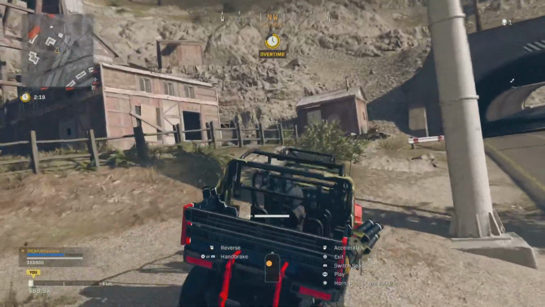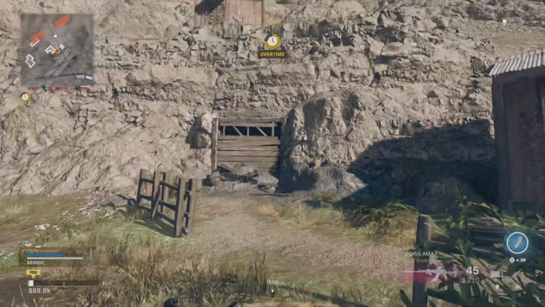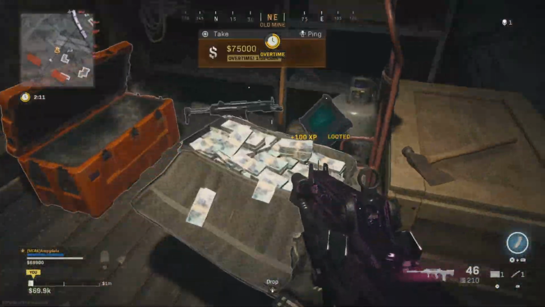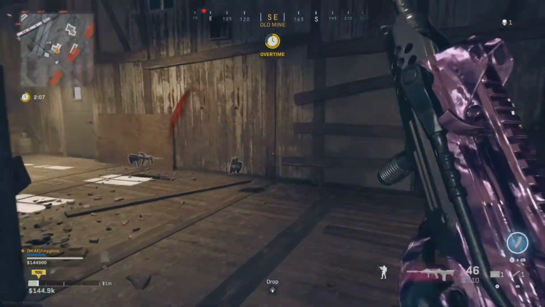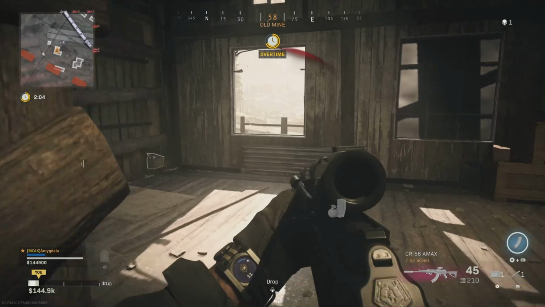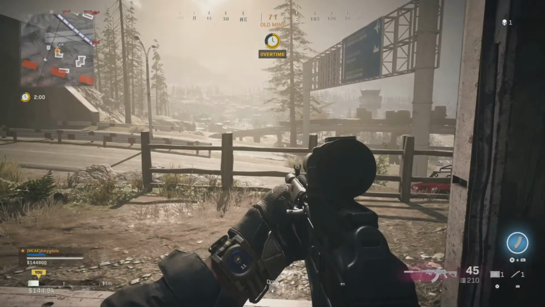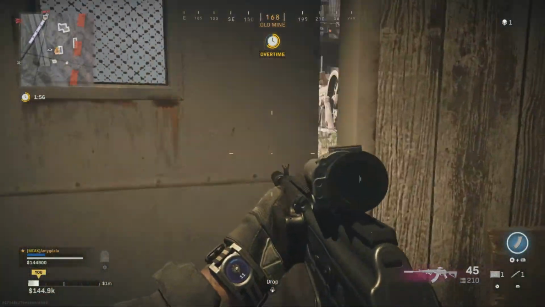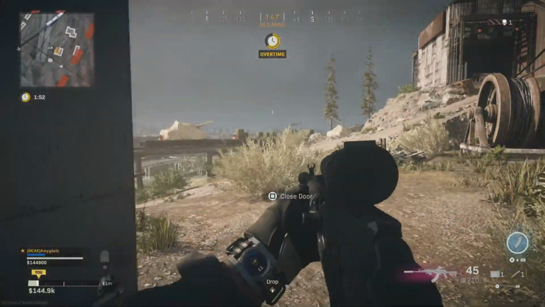So I'm actually going to run through all the little buildings here. This is the mine shaft that's going to be opening up later in the season. Got a box in here. It's pretty nice. We've got people behind me. I think they were on the train. I don't really want to die. I'd like to check the rest of this out, so...